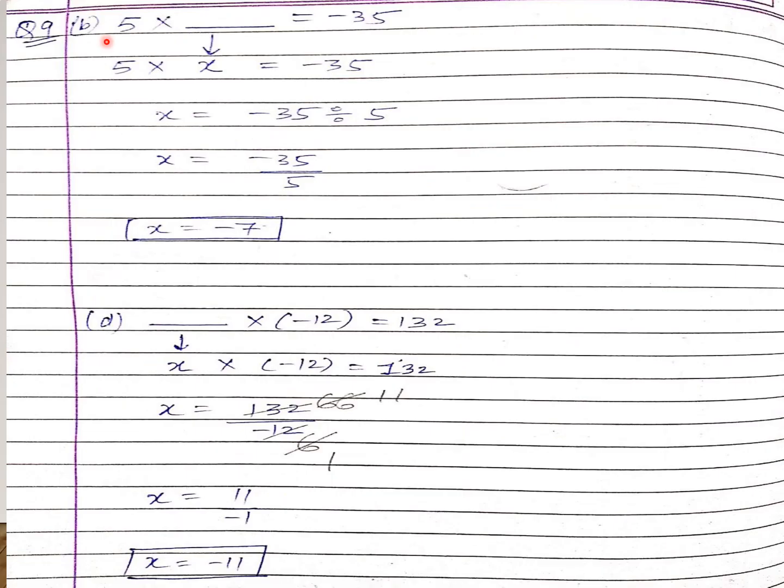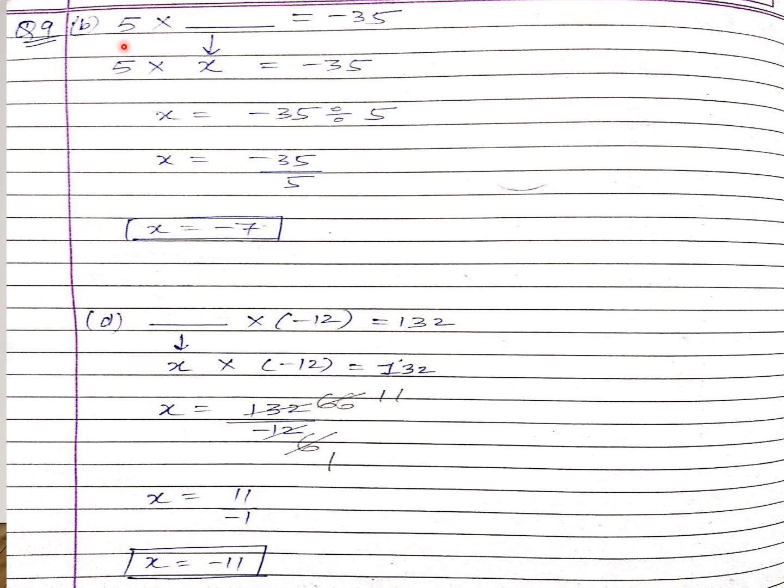Now, B part, question number 9. This question 9 is from last exercise, which I didn't discuss. That's why I added over here. Now, this question also we will try to solve by the method that we have learned before only. Again, I am telling you, if you have solved the answer in some different way and getting the same answer, don't be afraid. That is also okay.